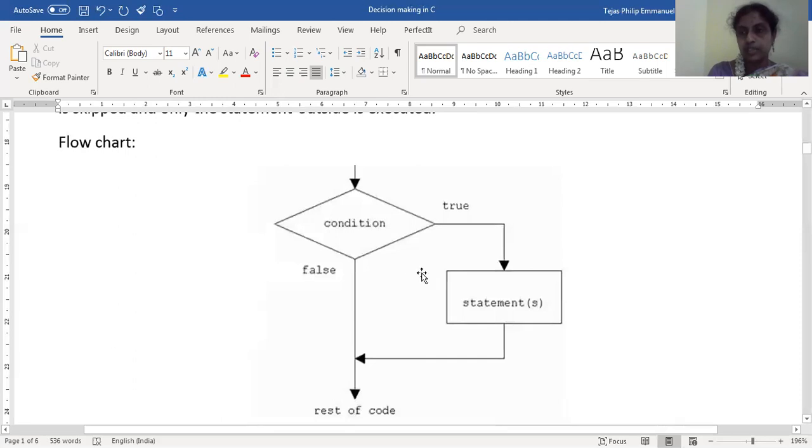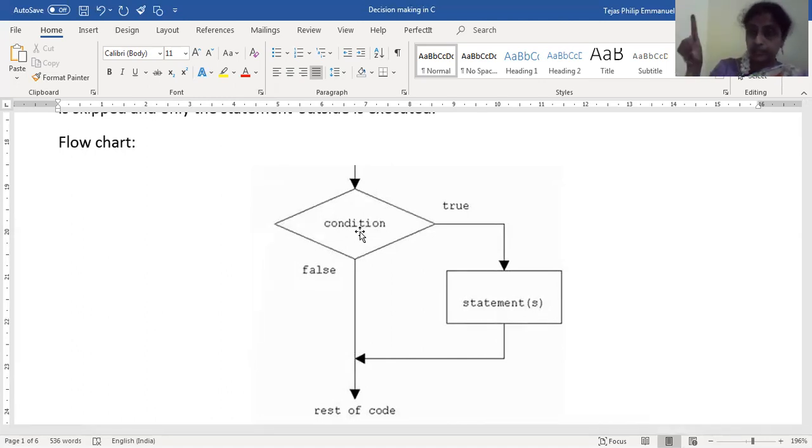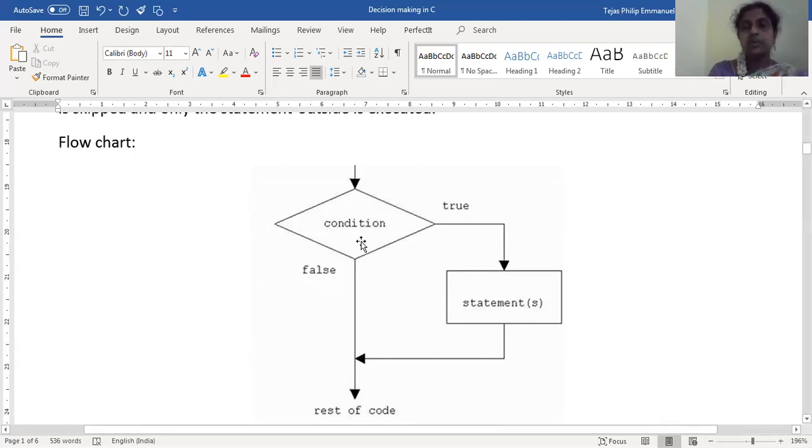This is the flow diagram, or the flow chart, which we used to draw. The if statement has to be specified in this diamond shape. As of now, we have not seen this shape in a flow chart. We have seen the oval for start and stop, the parallelogram for input and output, and the rectangle for process. But this time we are using the diamond shape for the if statement. So whenever there is an if statement, you will use this. Say I give a condition. If true, it will execute the statement. If false, it will skip the if statement and execute the remaining set of code. So this flow graph explains how the if statement works.